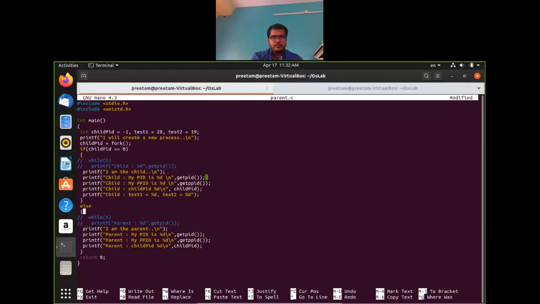And we also have to give the variables, right? So test1 and test2. What I am trying to show is that these are basically from two different memory spaces.